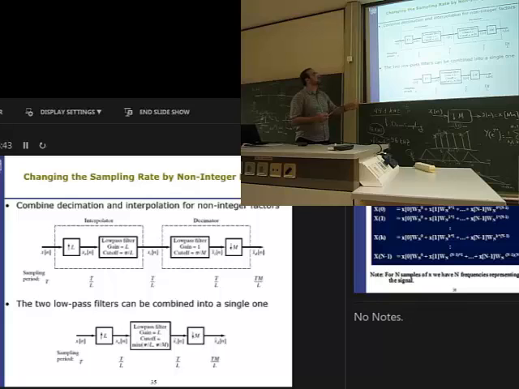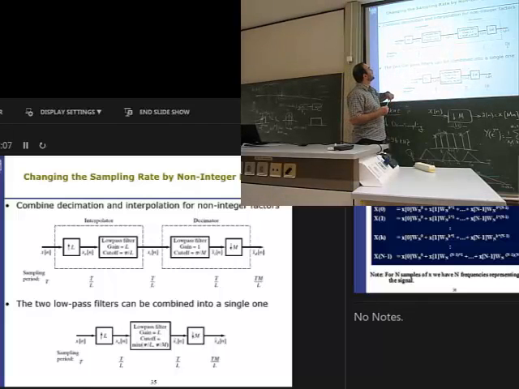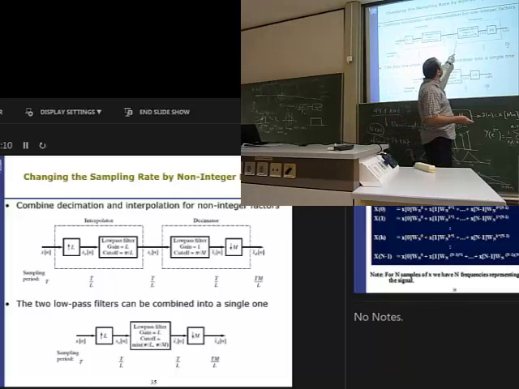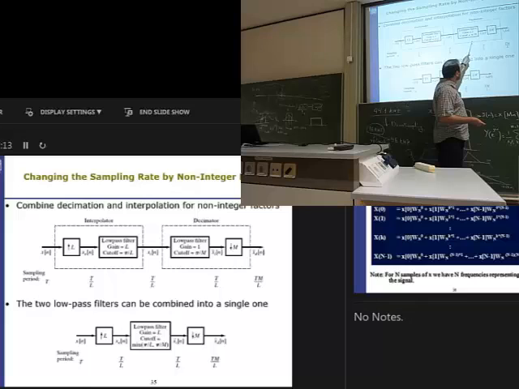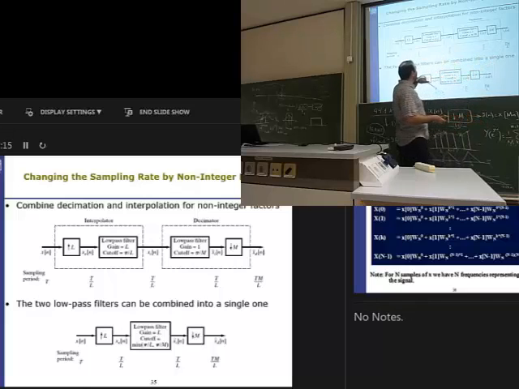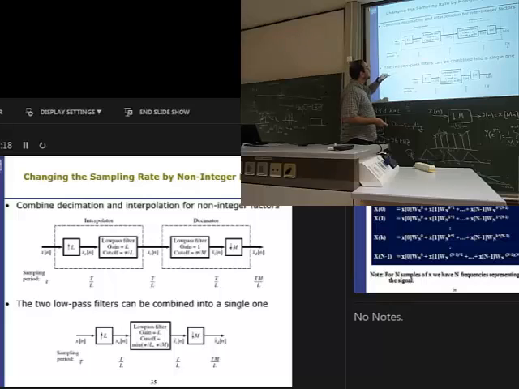So what should we do? Which one should precede? The first one should be the downsampler or the upsampler? It should be the upsampler, because with the downsampler you may lose information. So it's better to first have the upsampler. For example, L times upsampling comes first, together with the filter, which, as I told you, is not that critical. But then you need the decimator, which cuts the frequency at pi over M, and the downsampling is the final stage. Then what is done in practice is that these two filters are